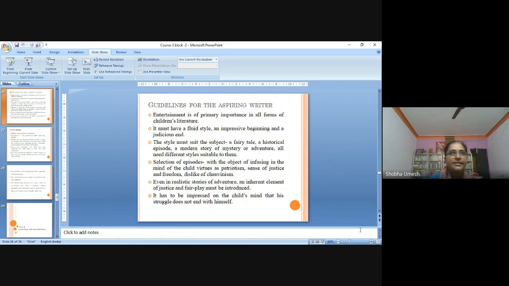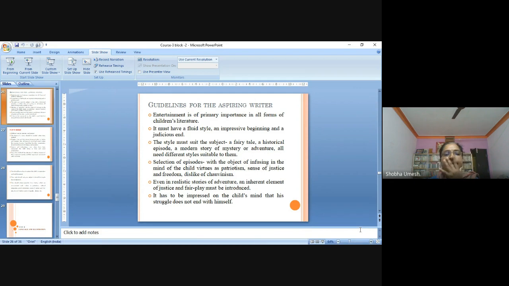So certain things we have, as I told, some of the instructions or the rules and regulations have to be followed by the present writers. So for the beginners who want to become a writer, the first thing is we have to start writing short stories or small tales, folk tales or fairy tales and fantasy tales, and then move on to the adult world.